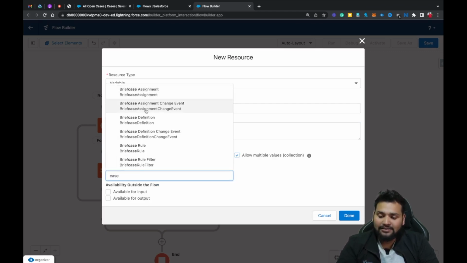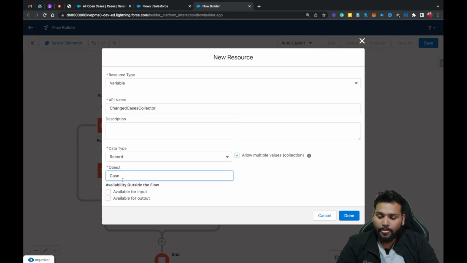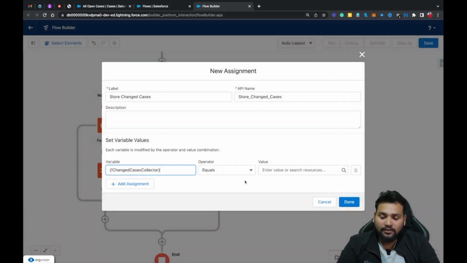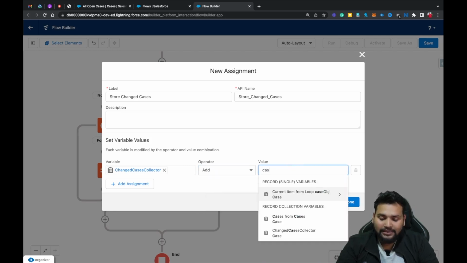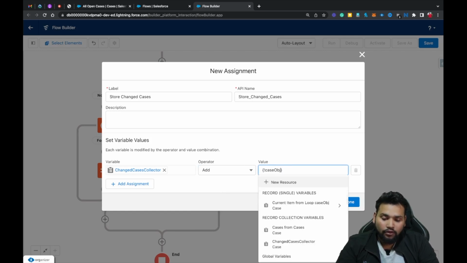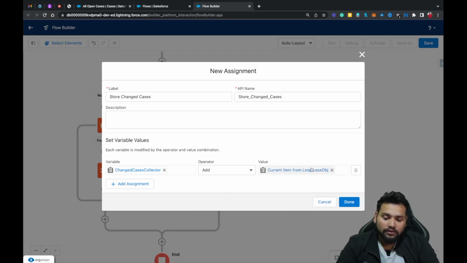Object is Case. You don't need to provide anything in available for input or output. Just click on done. Now in the operator you need to select Add, and in the value you need to type caseObj, and simply remove the dot. That means we are storing the current element into the collection record variable, that is the case record variable.